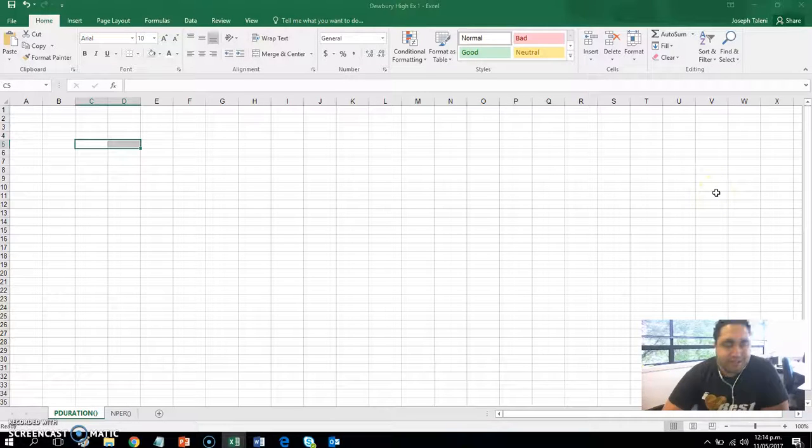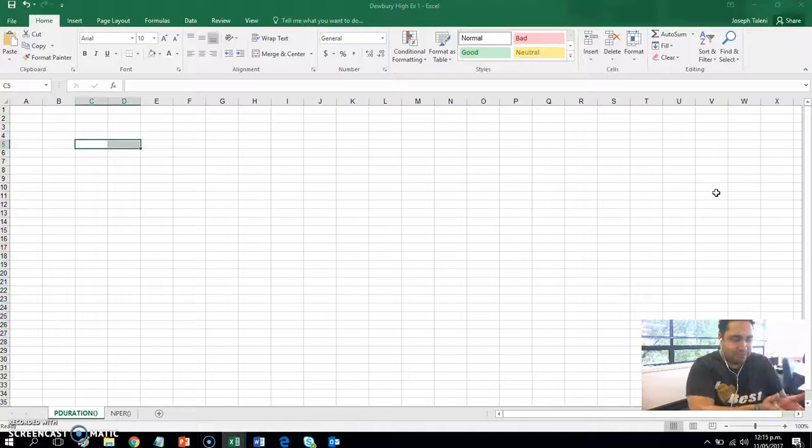Okay, so in this one we're going to learn about PDURATION and NPER, number of periods. Ultimately, what these two functions calculate for us is how long we can expect it to take to reach our investment goals. So if you put money into a bank, how long will it take before it gets to your expected target. Now, when we look at PDURATION,